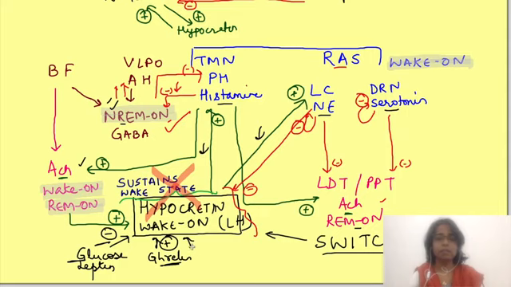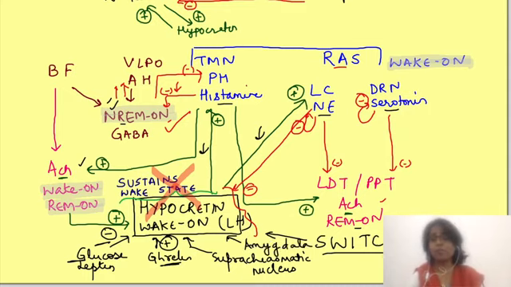Then they also receive information from the suprachiasmatic nucleus. That's why our wake-sleep cycle is affected by light. Then information from the limbic system, that is the amygdala, also goes there. So you know why emotional states interfere with induction of sleep or sometimes prevent waking up. That is, a person does not want to get out of bed. It depends on how the limbic system is influencing these hypocretin neurons.